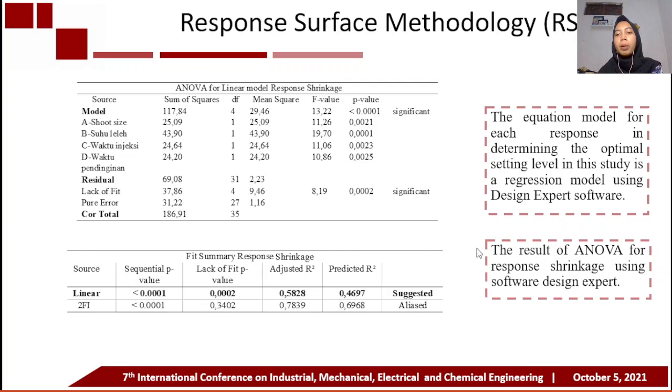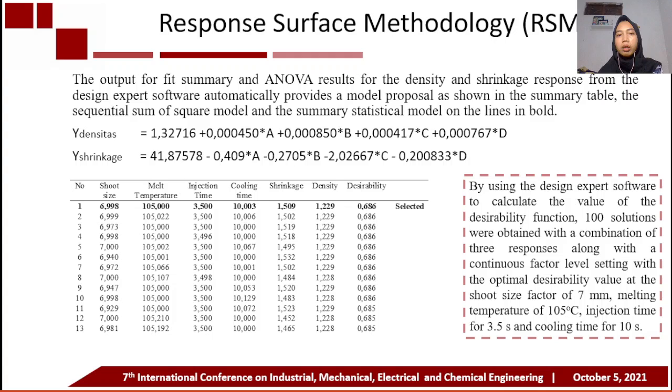And this is the table of the result of ANOVA for response shrinkage. And then this is the equation model for density and shrinkage by using Design Expert software. And the table above is the table of the result of